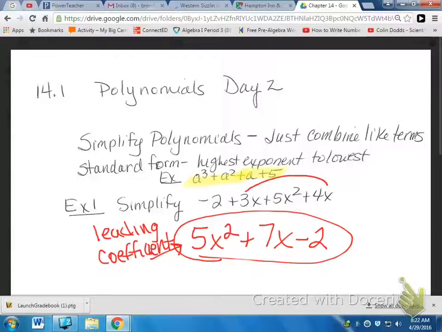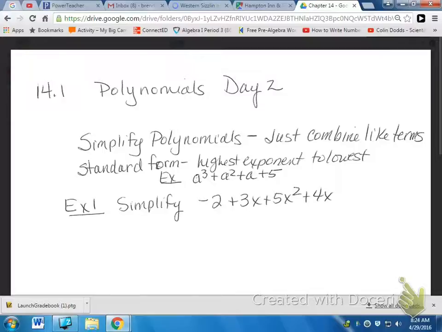That is a simplified polynomial in the correct form, 5x squared plus 7x minus 2. Questions about that? Okay, let's go on to